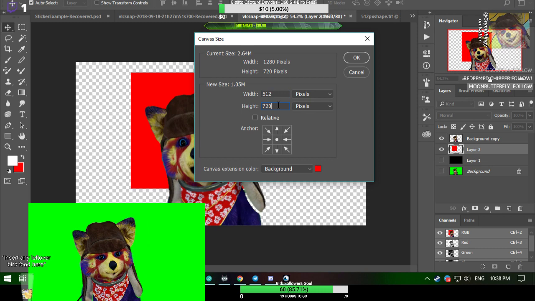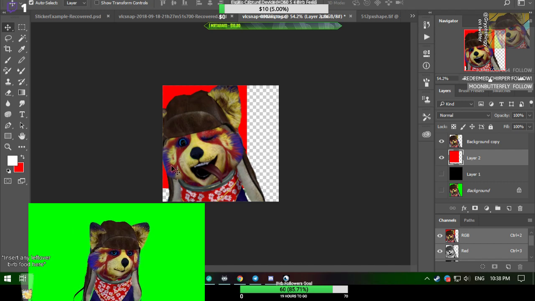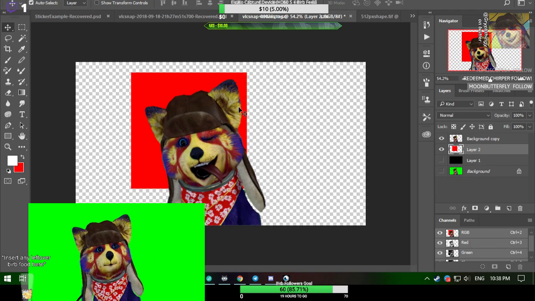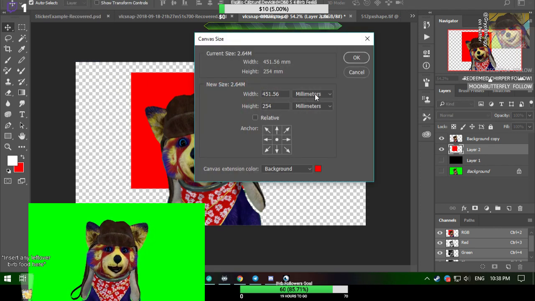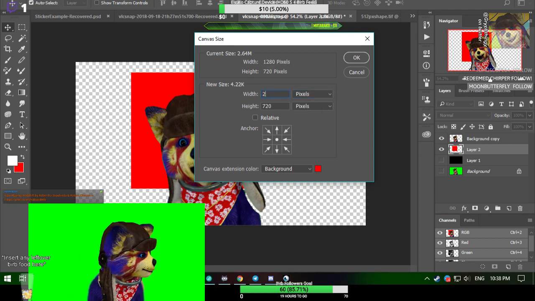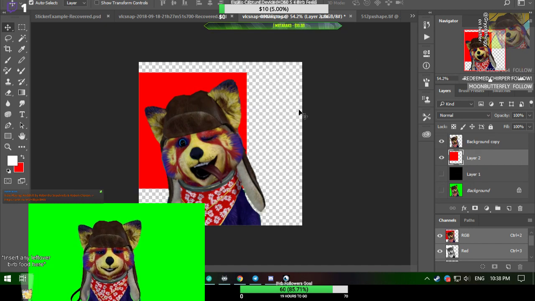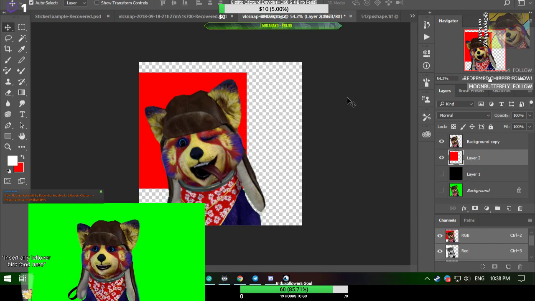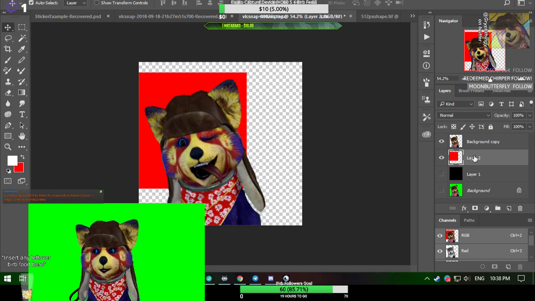512, 512. This is going to crop. This is not the fat we want, right? So we know that we are safe by changing the canvas size to an actual rectangle. But it's not needed for every part. It could be a rectangle. It just matters that the max height or width is 512 pixels. So here we have our example,